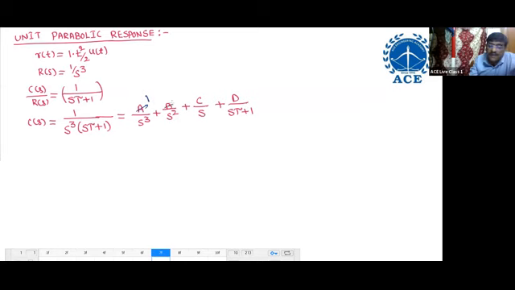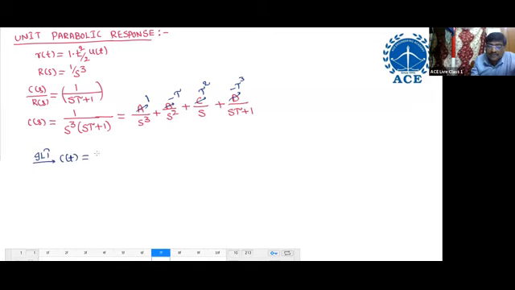I think A will be 1. B is minus tau, you solve it. C is tau square, I think. D is minus tau cube. Compulsorily solve it. Then if you apply the inverse Laplace transform, I think you will get: